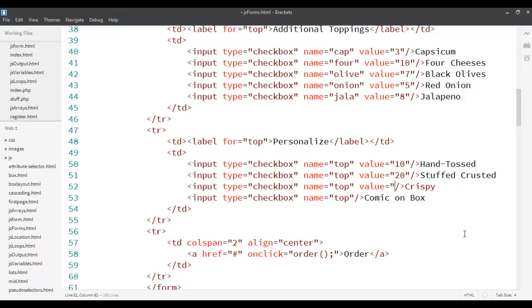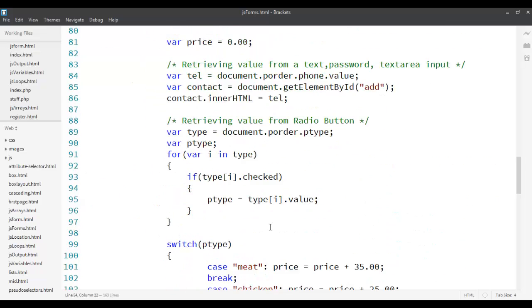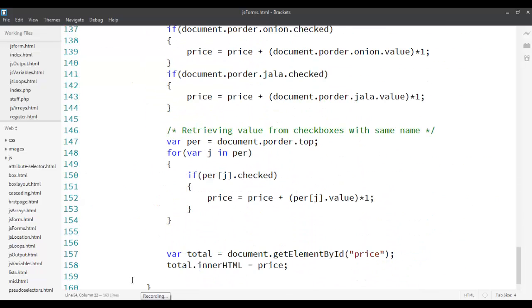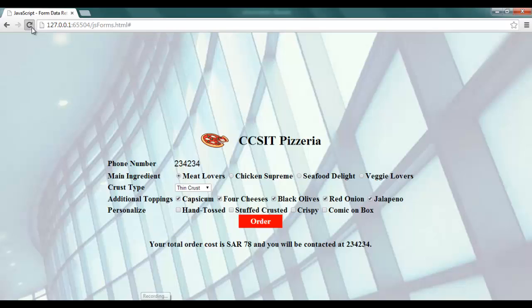Value crispy 5 more. Comic on the box, so just a joke. Say value 1. Okay, now that's it. That should be done with it. So what I'm going to do is go over here, refresh my page, enter some number, select some pizza, order